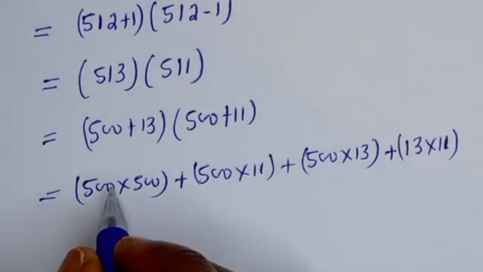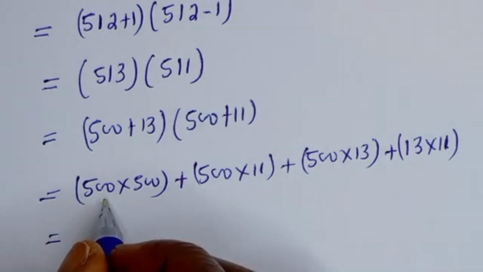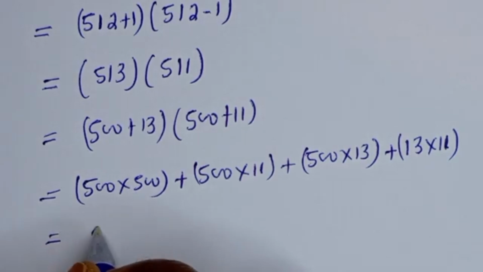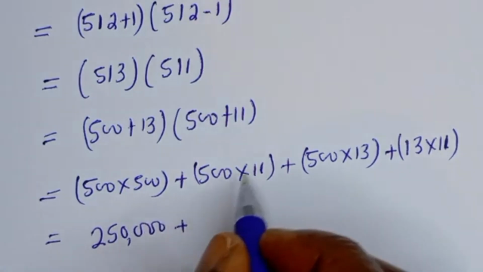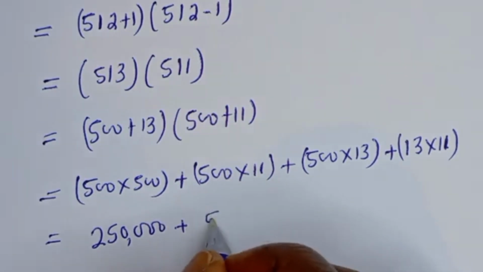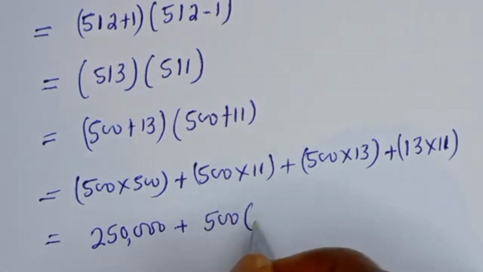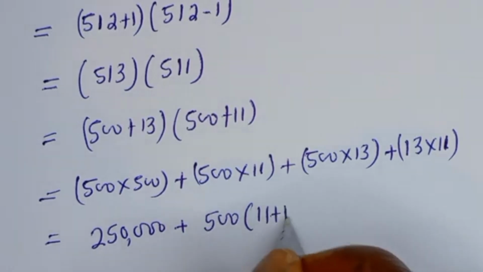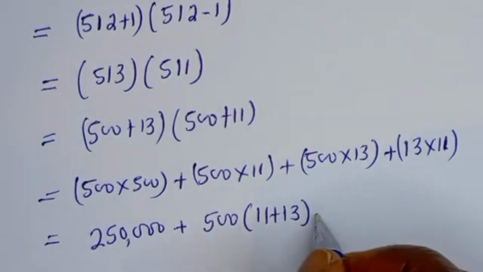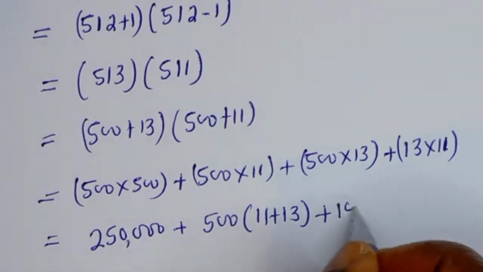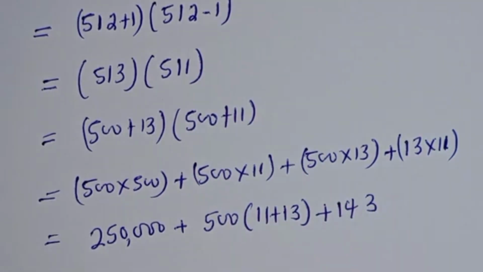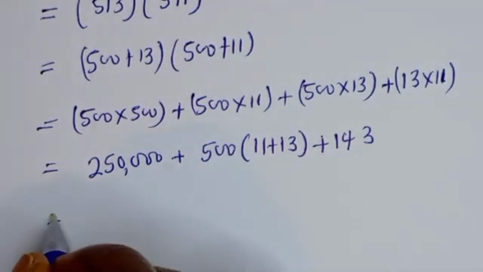Now here is 500 times 500. This is 250,000 plus here 500 is common. We have 500 bracket 11 plus 13 plus 13 times 11. That is 143 equal to